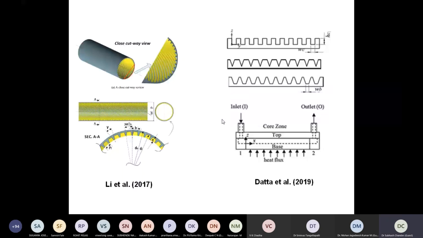So similarly, in the case of channels, people have tried different types: rectangular channels, triangular channels, and trapezoidal channels. We can test them and recommend them for a particular application, because if you talk about the application like